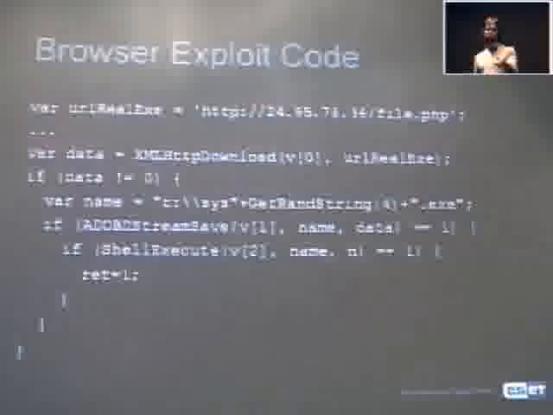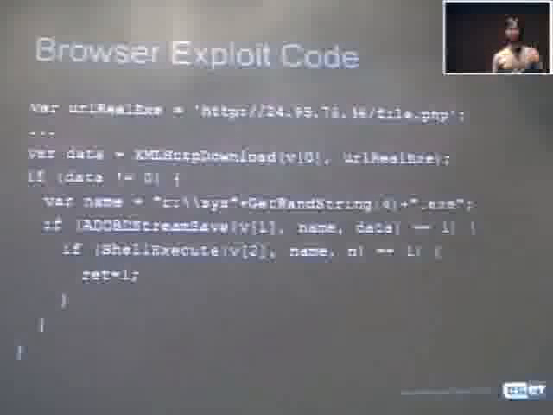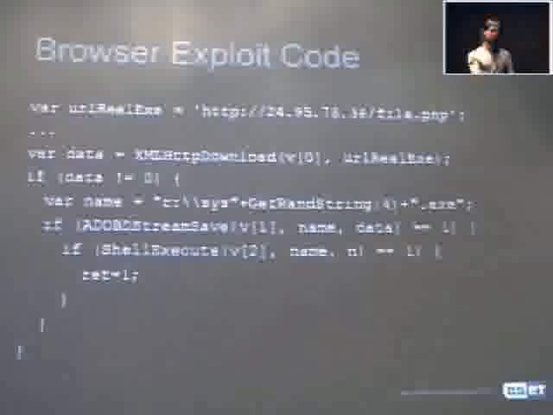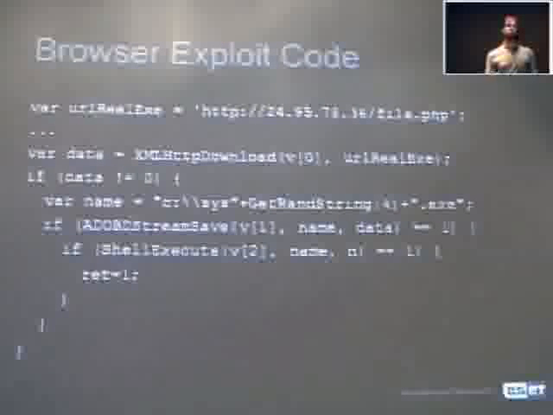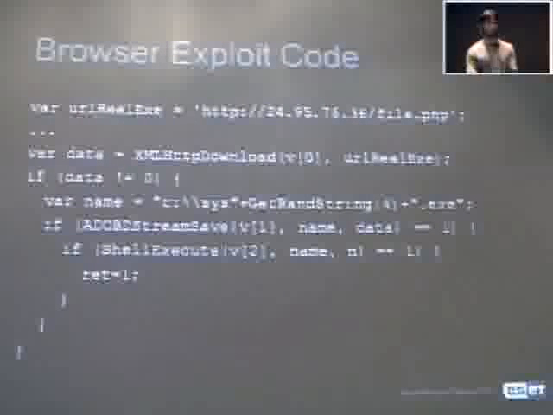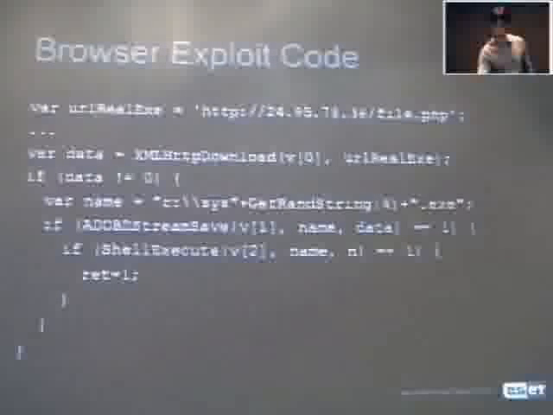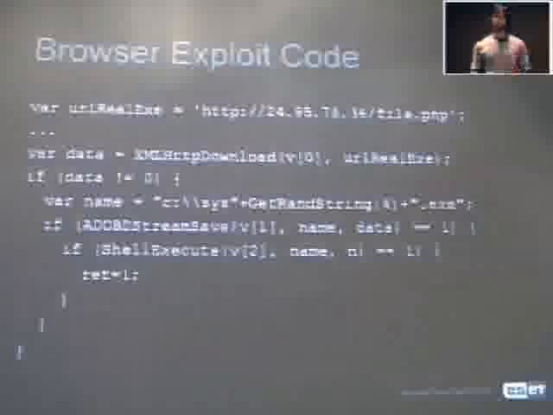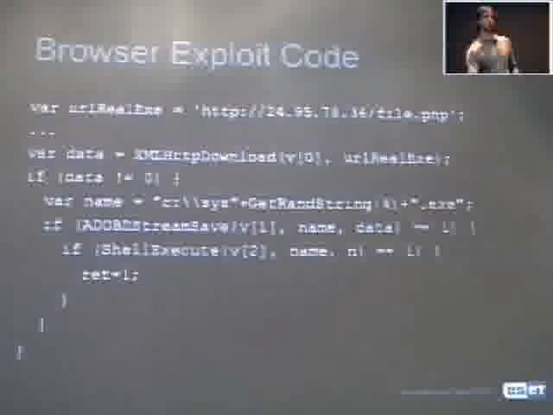Afterward, they create a file name on C://sys plus get ran string. I mean, this is really easy to understand once you've been able to decode the JavaScript. So there's no black magic in there. You can simply either decode the JavaScript by yourself or use the text area trick to find out what it's